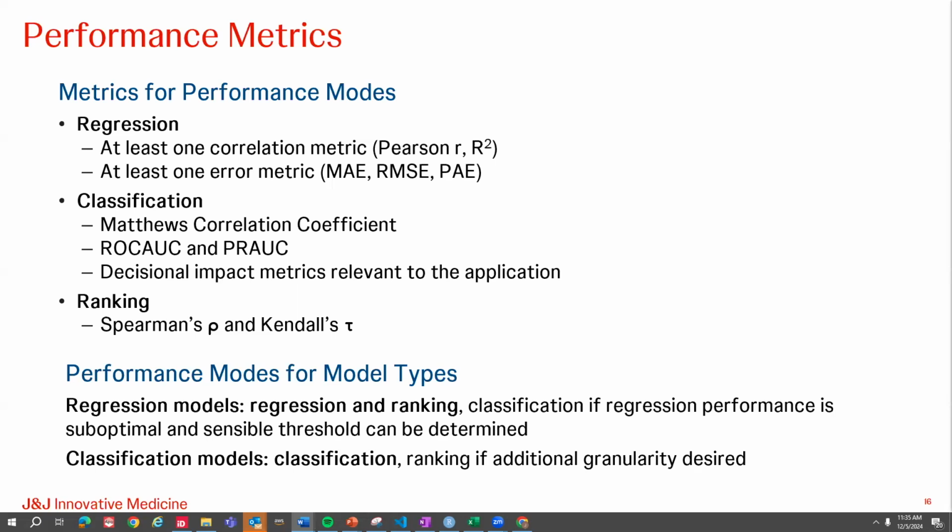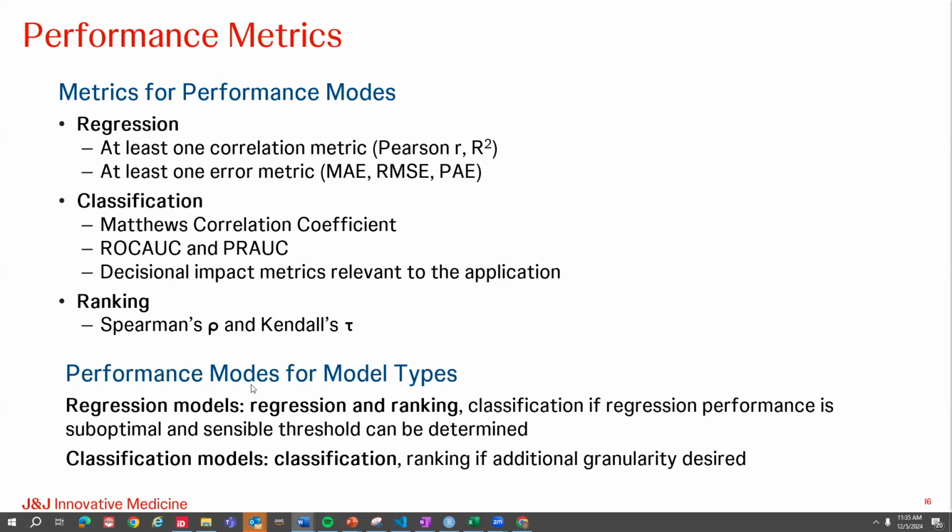And then with ranking, the ranking metrics are useful to provide additional granularity beyond classification and give a sense of the rank order relationship between compounds. Both Spearman's rho and Kendall's tau are useful metrics. And then we have